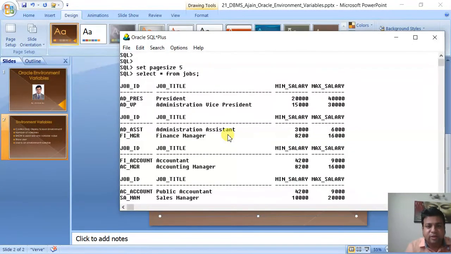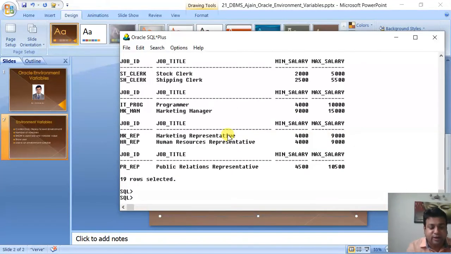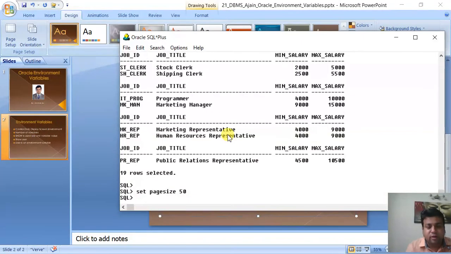Depending upon the page size, just like you take the printout of your term work and sometimes the alignment goes out, you are not able to print correctly. So for that purpose, it is used. So if you want a heading after 50, you set the page size. For example, let me change the page size to 50. Set page size 50. Now, let me run that command again. You know very well what to do.